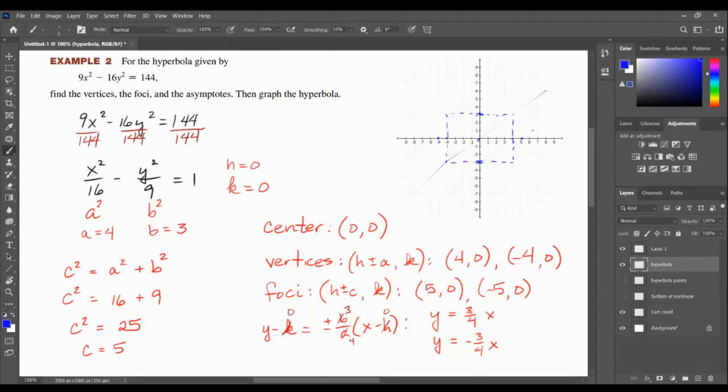If I could draw a straight line, it would be great. And then we've got the other one, going through here like that, or up 3 over another 4 like that. And so we could start at our vertex and approach the asymptote. It won't cross it. And we've got our hyperbola